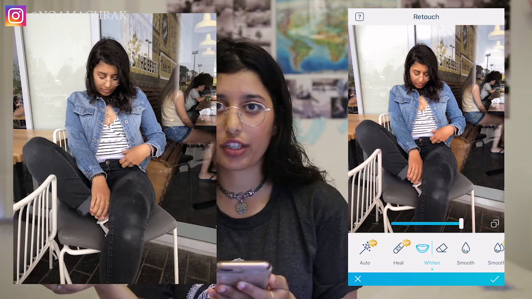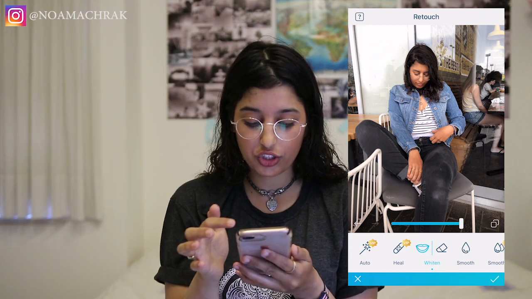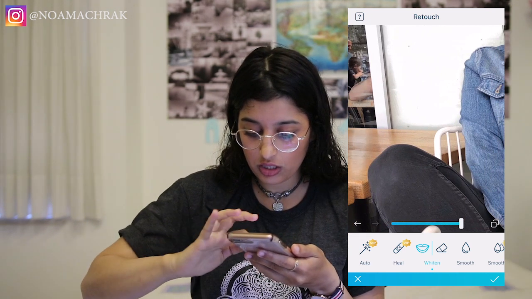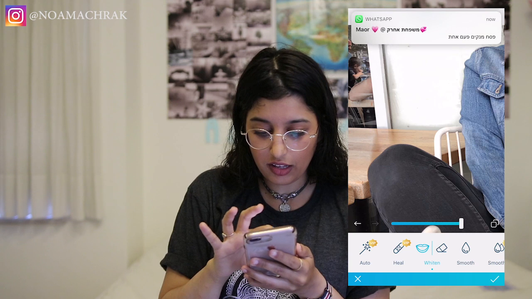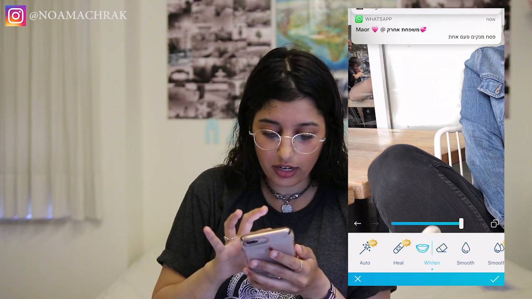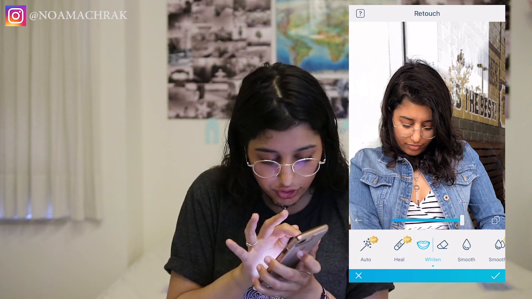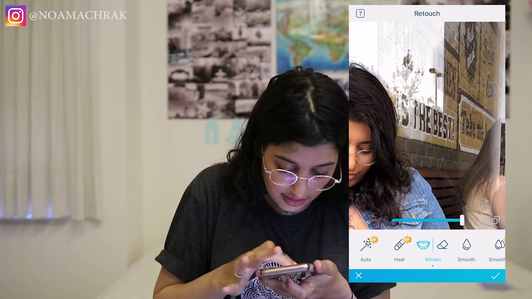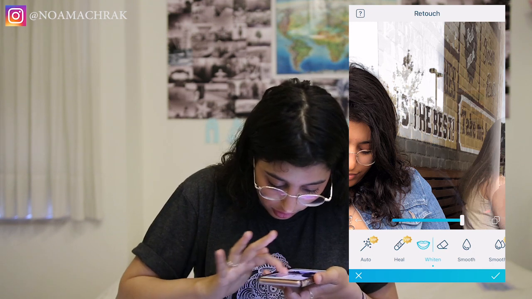Basically, the first thing we're gonna do is whiten the background. So you're gonna go to Retouch and whiten the background. What I usually do is just put it all the way so I can see where I whitened it and where I didn't. It makes a white wall whiter and the background has less color in it, so you can see that the yellow in the background is just